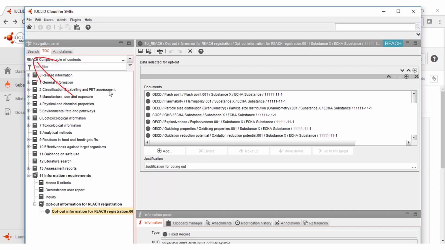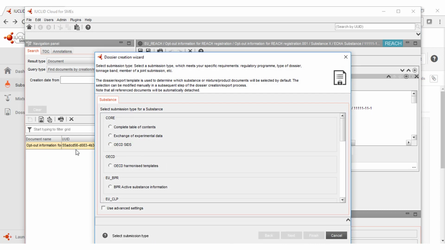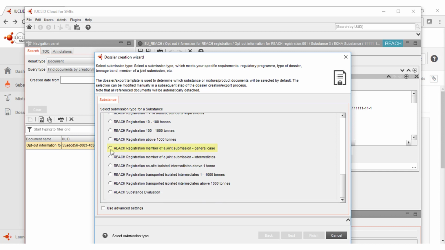Switch to the tab Search, where you can find your substance. Right-click on it and choose Create Dossier. In the Dossier Creation wizard, at the first step, select the relevant submission type for the joint submission. Tick the box Use Advanced Settings in the bottom of the Dossier Creation wizard, then click the button Next,